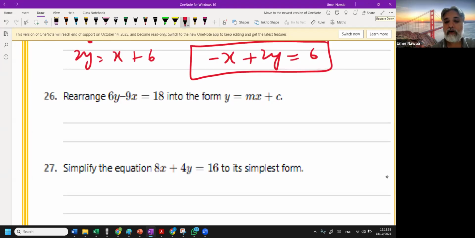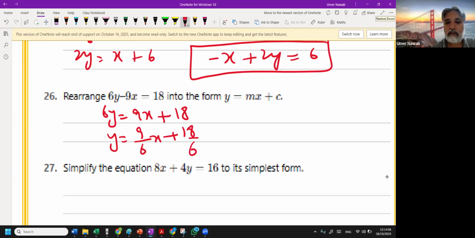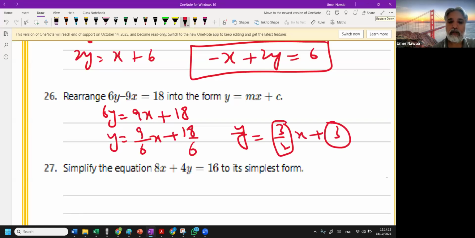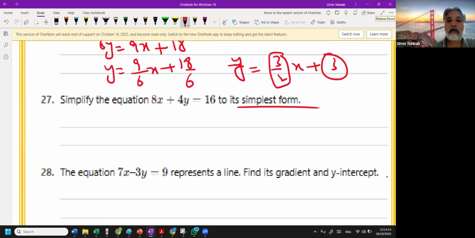Now, he said, can you convert into y is equal to mx plus c? So 6y stays there, 9x goes to the right, 9x plus 18. Now, y is equal to 9 over 6x plus 18 over 6, and then y is equal to 3 over 2x plus 3. This is your gradient, and this is your y-intercept. And then after that, he said, can you write in the simplest form? In the simplest form,